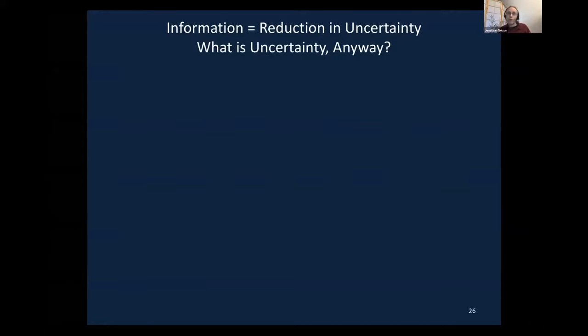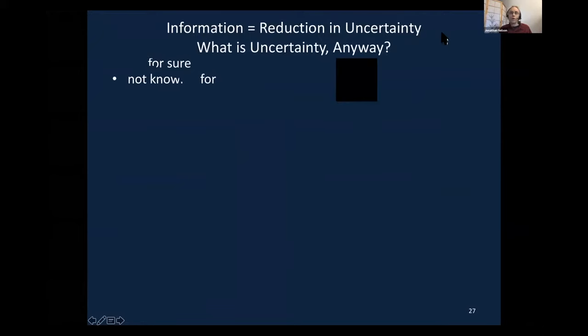This was another main project that happened as part of the DFG New Frameworks of Rationality project that we did. So what is uncertainty? Okay, this is really entropy. The idea here in a lot of these theoretical models is that information is reduction in uncertainty. But what is uncertainty in the first place? So one idea would be, say, not knowing for sure.